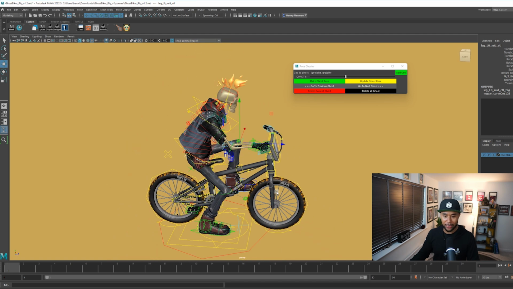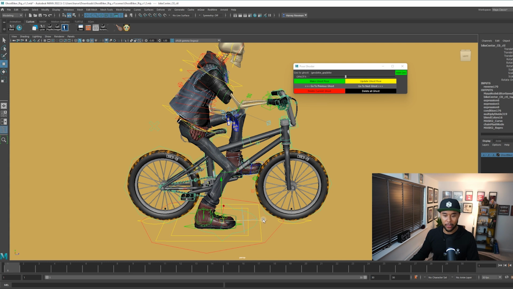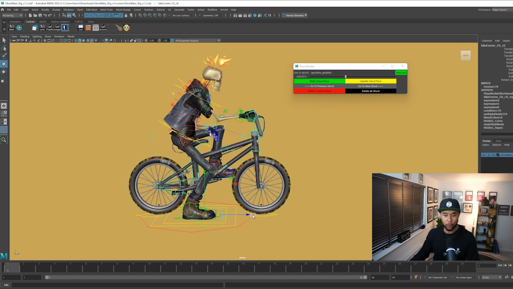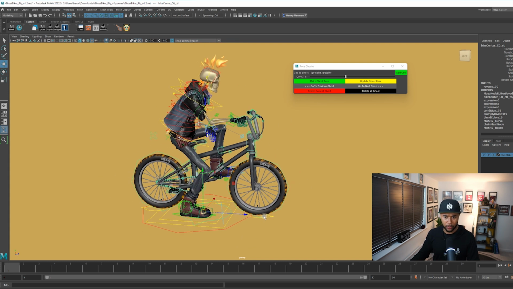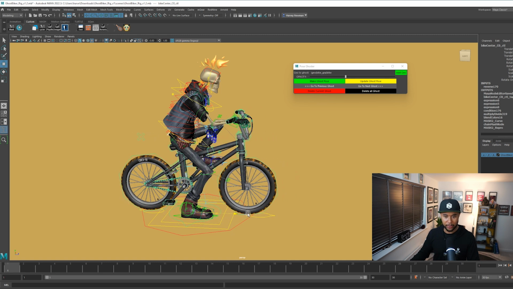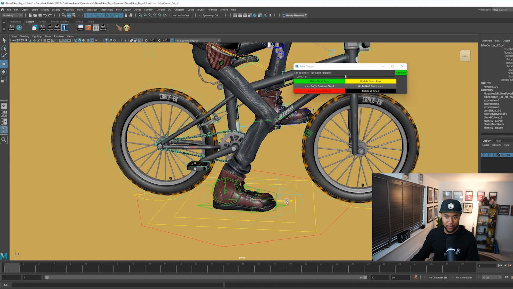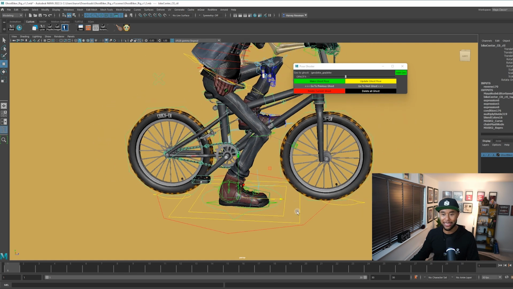It's based off the M rig, and the best thing is that the bicycle is incredibly well rigged. So if you want a bicycle that looks really cool, this rig will give it to you, because as you can tell, you can move the bike forward and backwards, and the wheels and pedals follow along, including the chain. The chain moves as well, so the level of detail is off the chain.